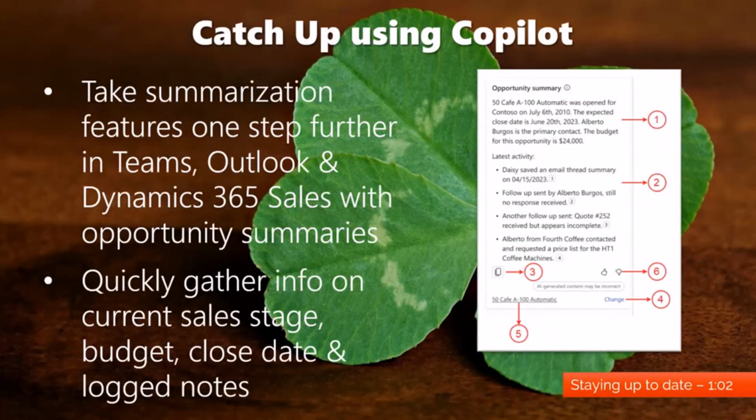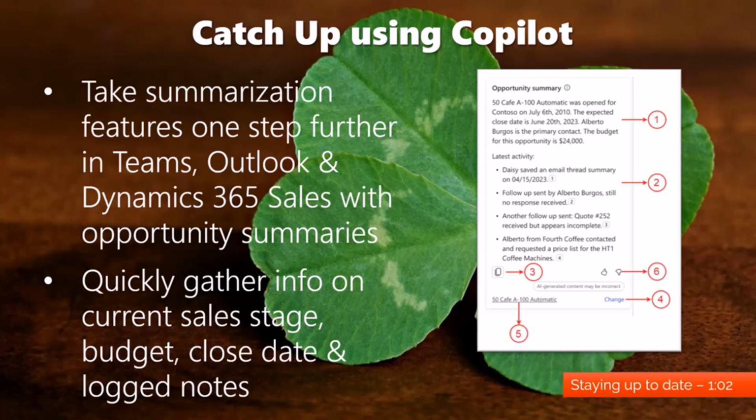When you're reading an email or preparing for a meeting with a customer, you want to have the most relevant information from your CRM, such as your customer asks, any concerns, any prior notes that you might have had, just to make sure that you have the best context that you can before you meet with them. Using Copilot for Sales, you're going to use AI to generate a complete summary of each opportunity